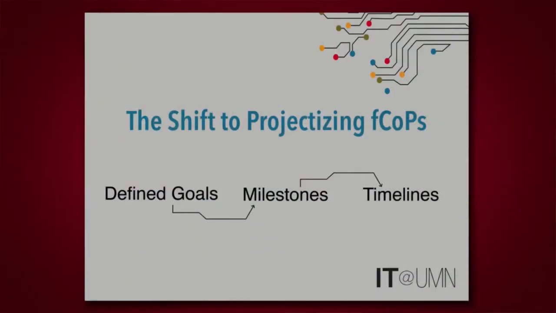So after the first year, we continued to make progress on the formal communities of practice with a few tweaks from lessons learned from the first year. We continued to keep that grassroots excitement around how things were going to get done and listening to the university on what was going to get done, but we projectized things a little more. You may be asking yourself, okay, it sounds like management's getting involved in a community of practice, and that loses a little bit of the essence of the true community support. So instead of having a project manager or manager come in and dictate to the community essentially what and how things were going to get done, the community was still fully empowered to decide how things were going to get done. We didn't give them a project manager per se, we gave them a sponsor.